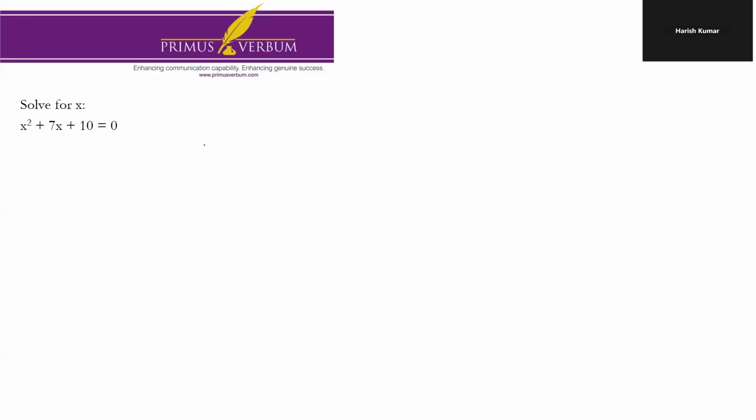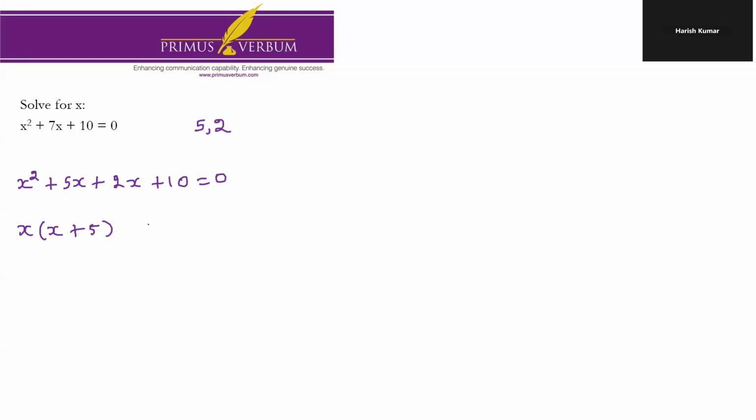Hi students, let's have a look at this quadratic equation and solve it. Well, so we need two numbers that multiply to 10 and add to 7, and those two numbers are certainly 5 and 2. So we can rewrite this quadratic equation as x square plus 5x plus 2x plus 10 is equal to 0. Now I can factorize this as